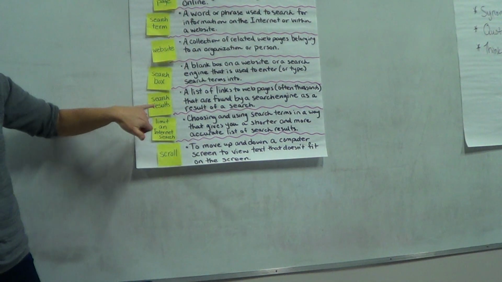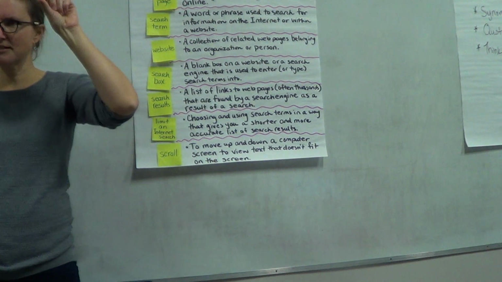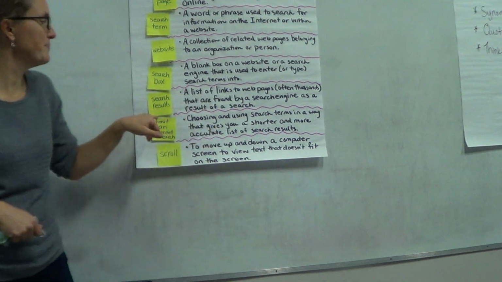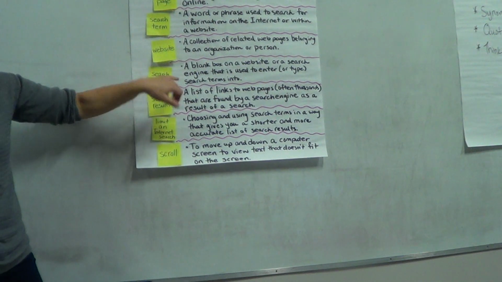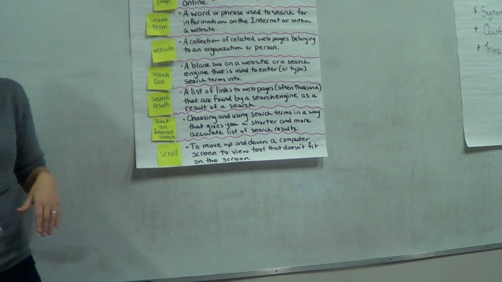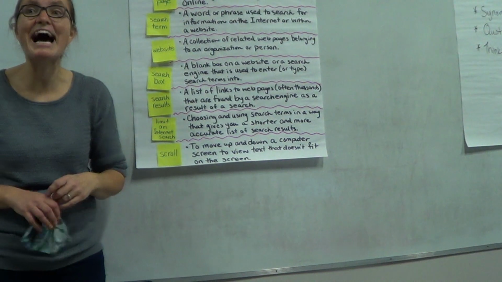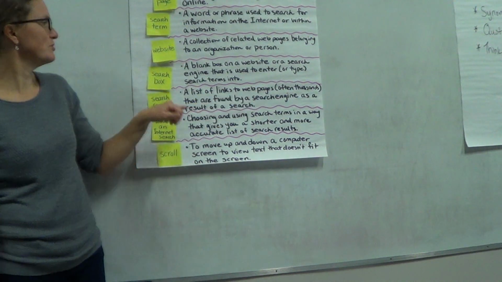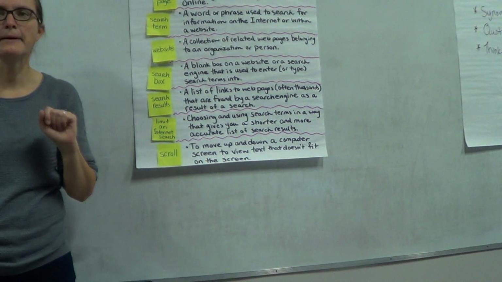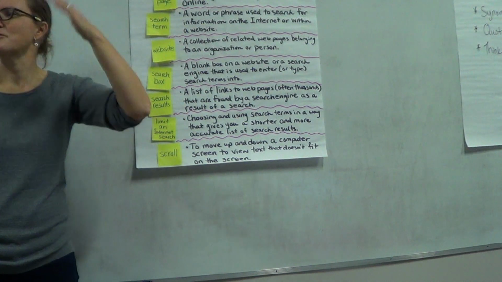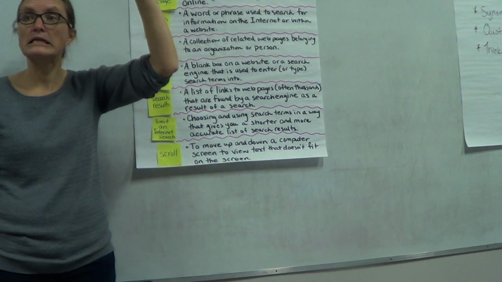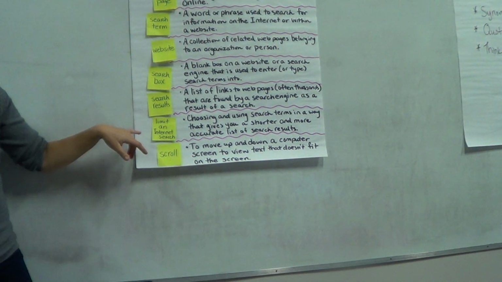Okay. So that's a search box. That's that blank little box. So you're going to need to know that because you're going to tell me, I went to the search box, and typed this in. Okay? Search results, yes, that's the list of links to web pages, often thousands, that are found by the search engine as a result of your search term, right? Now, we know we don't look at those thousands. We usually go for number 1 or number 2, number 3, making sure we're not just on an ad, okay?